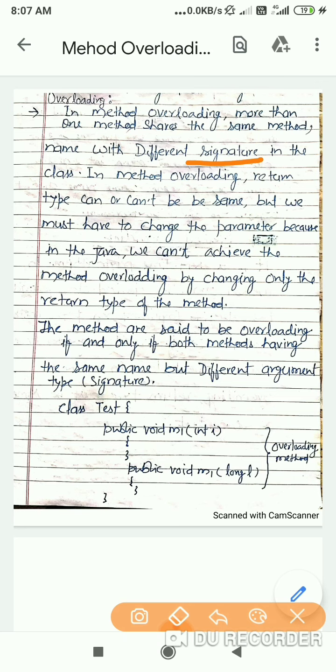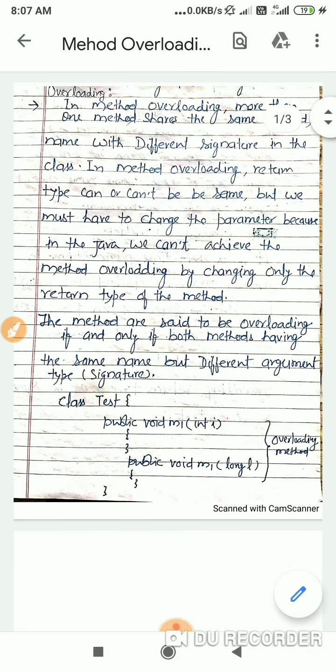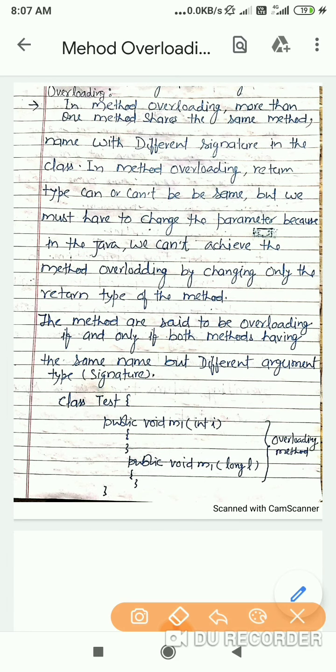Methods are said to be overloaded if and only if both have the same name but different arguments, meaning different signatures.